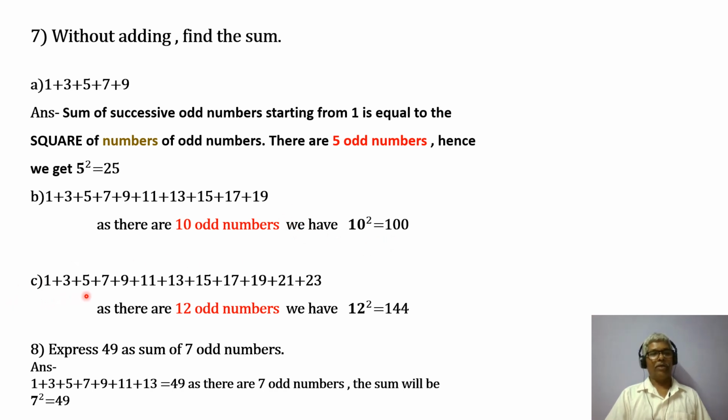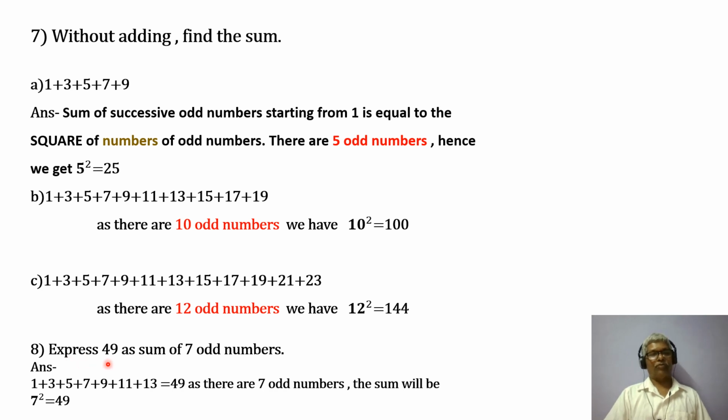Similarly here, there are 12 odd numbers in the series. Start from 1. You cannot leave any number in between. He has also not left. Okay. You have to only count how many numbers are there. Okay. Then as there are 12 odd numbers, we have 12 square equal to 144. Okay. Then another